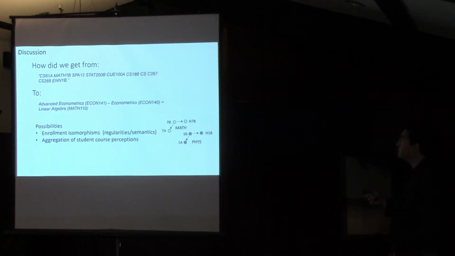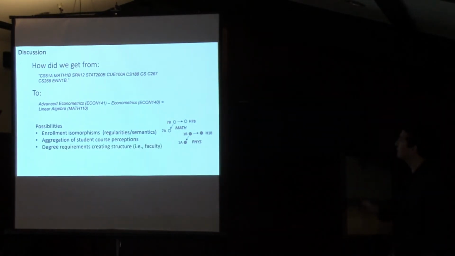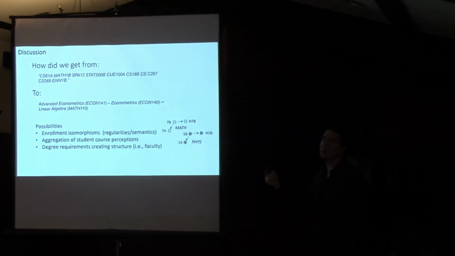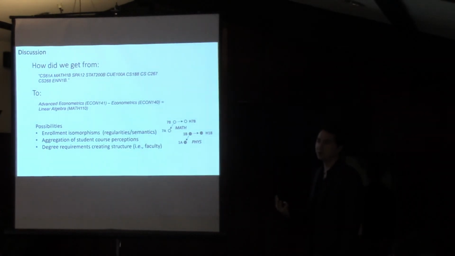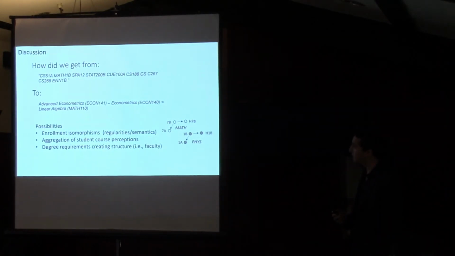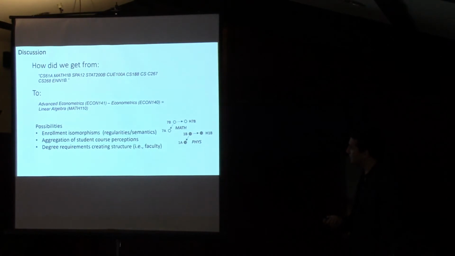What else is it? It could be an aggregation of student course perceptions. Students enroll in these courses, of course, before taking them, based on what they've heard of it. So are the relationships we see some aggregate representation of what they think the courses are about? We know that this is true to a degree when it comes to word vector models. Several papers about word vector models containing implicit bias, scoring very high in implicit bias tests, in fact. Is that a reflection of outdated thinking from past news articles?